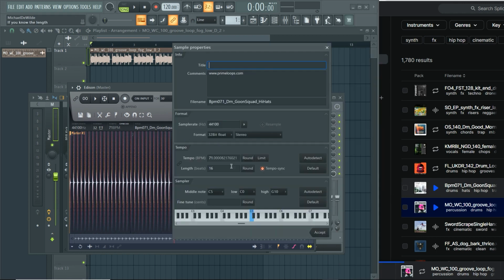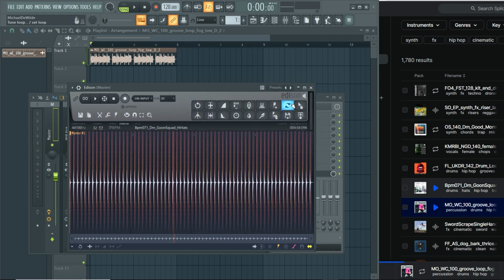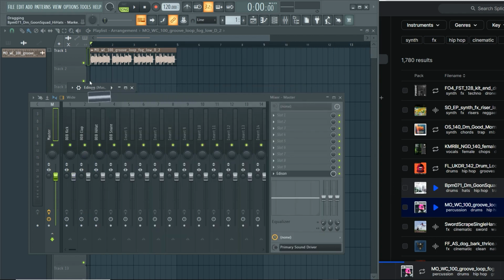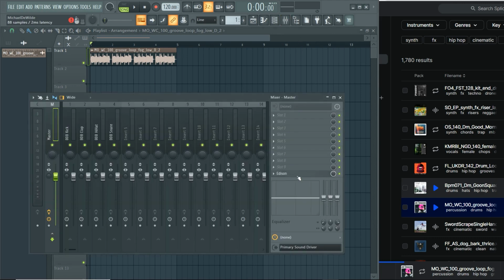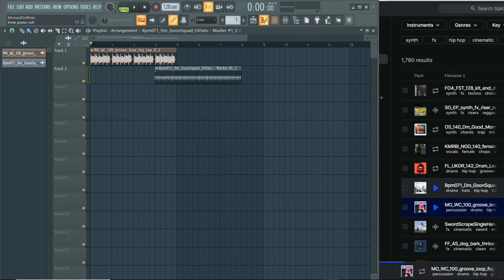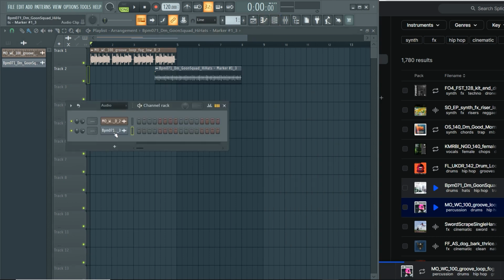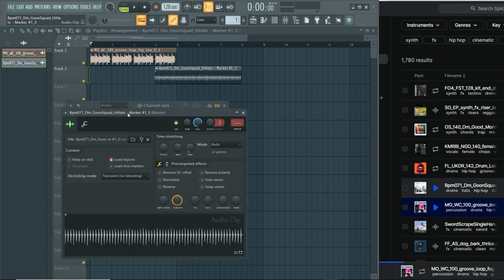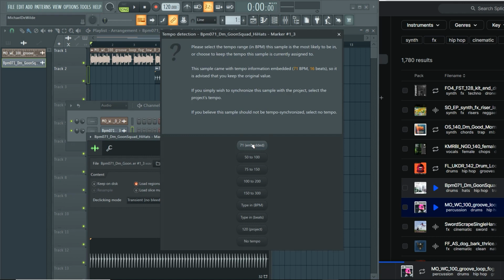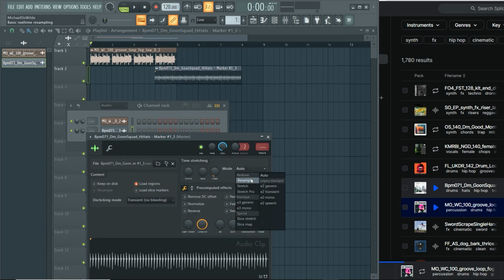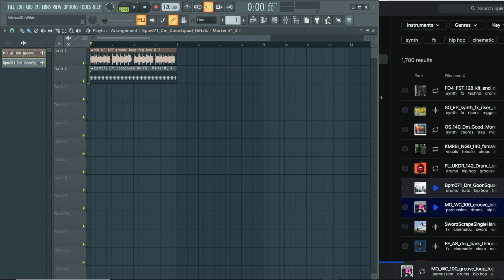Right click. 71 BPM, it's already automated one in there. Accept it, drag this into the timeline. Here we go. We're gonna pull up our channel rack, click on the name of the new instrument, time, auto detect, 71 embedded, and we're gonna put it on resample. Boom. Now here, if we play them together,